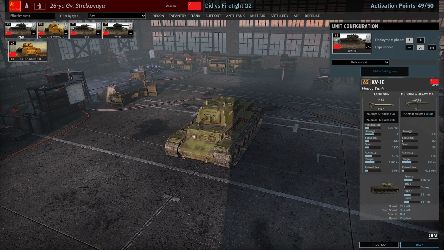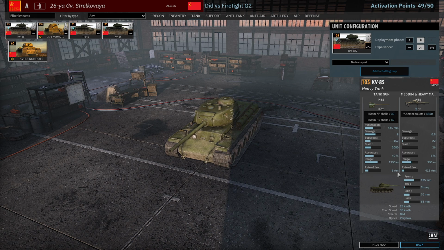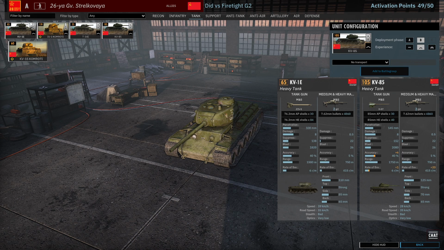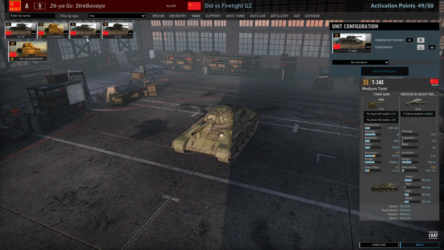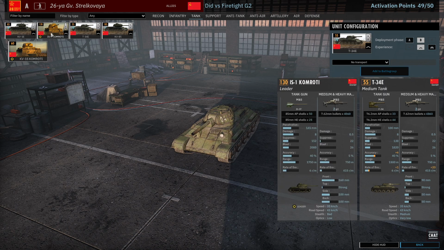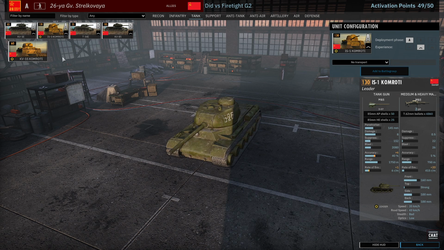The tank tab in 26 is decent with the KV tanks. They've got quite the armor and decent penetration here as well, at least the KV-85. P-34E is more like a spammy unit with a punch as well. IS-1 Comroti is obviously quite the beast. If you bring it in A phase, it can dominate quite a bit. But